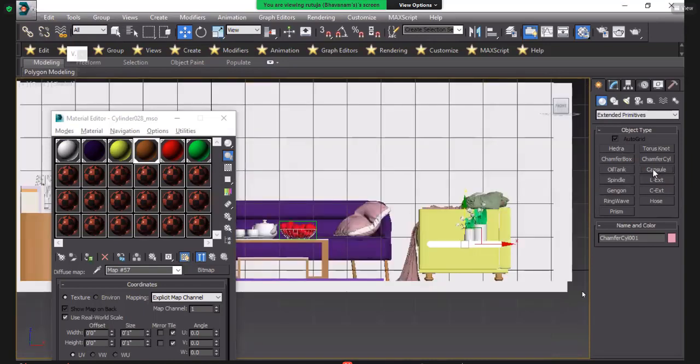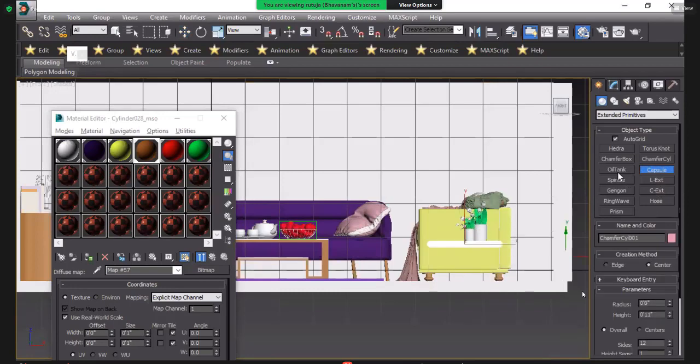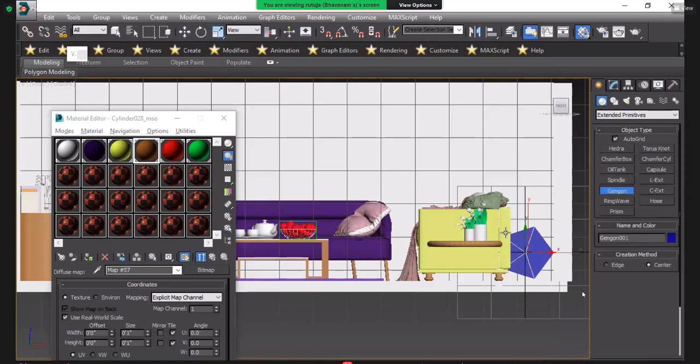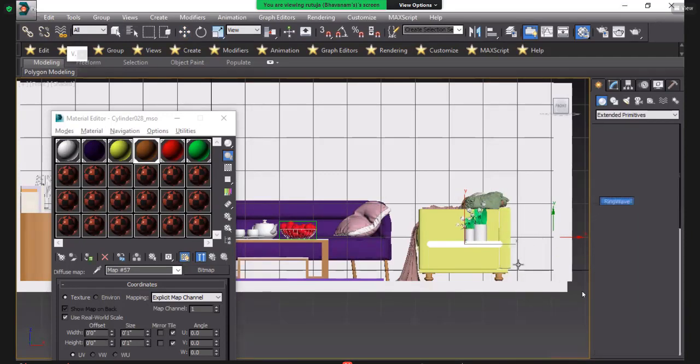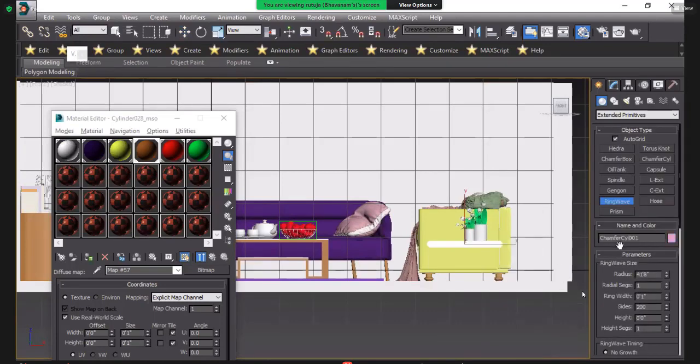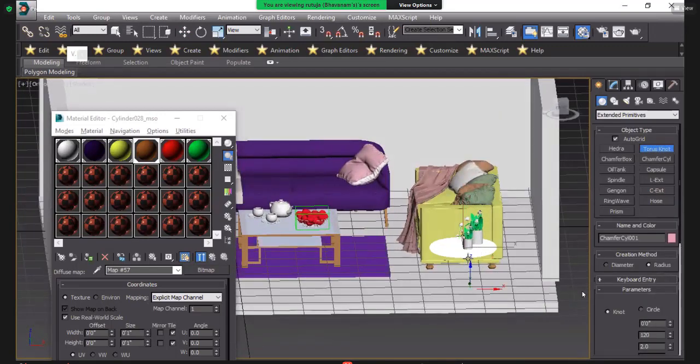There is a shape called torus knot. It is the knot.